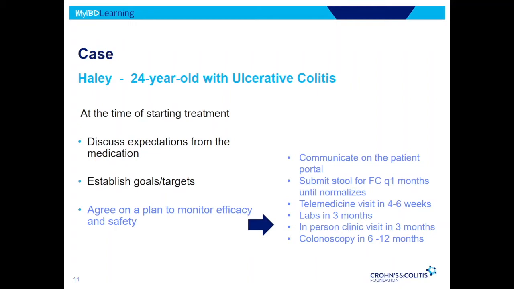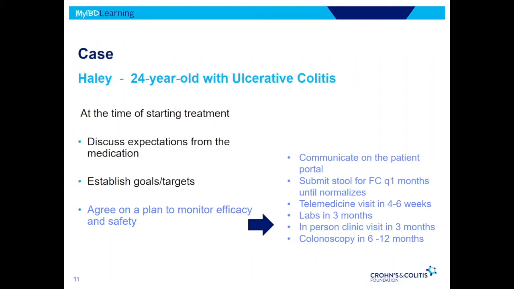Tests, which include blood tests and stool tests, to make sure that they are responding to treatment as we expect, and if they are not responding, figure out why and make adjustments as needed. A telemedicine visit, which nowadays is very popular, to make sure that things are on track in about 4 to 6 weeks, and an in-person visit in about 3 months, and a long-term plan for colonoscopy in about 6 months to a year, to make sure that everything as far as inflammation on colonoscopy, and hopefully with biopsies as well